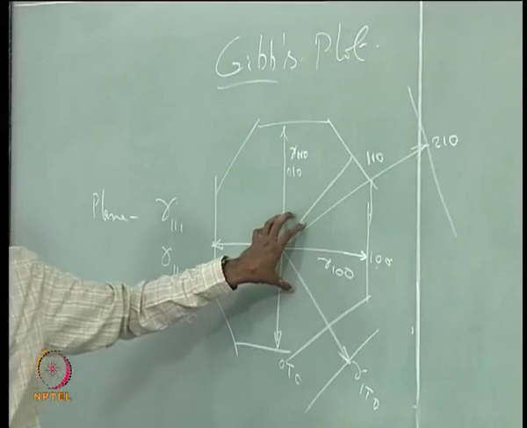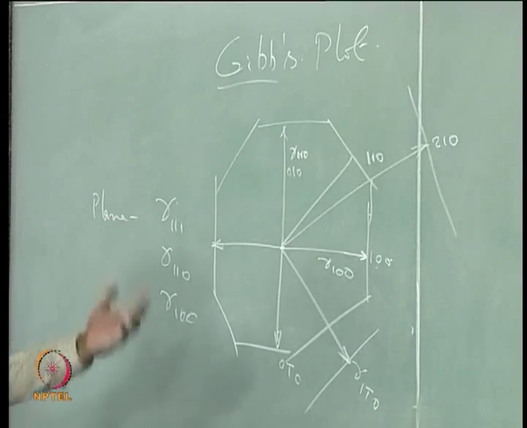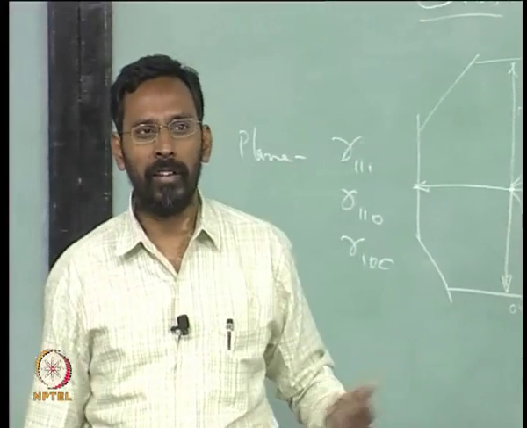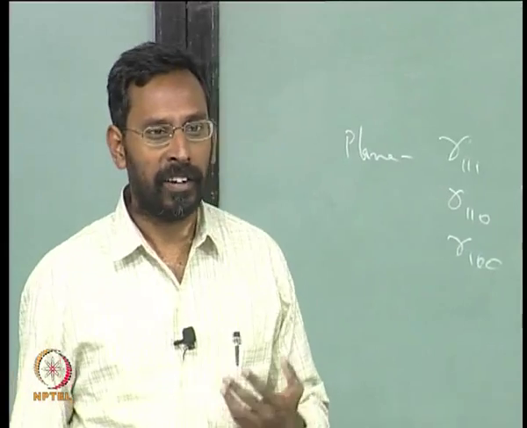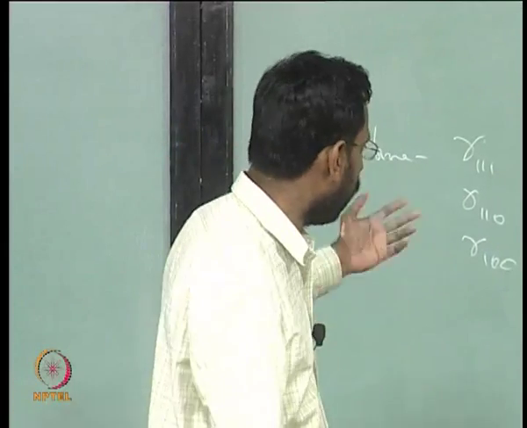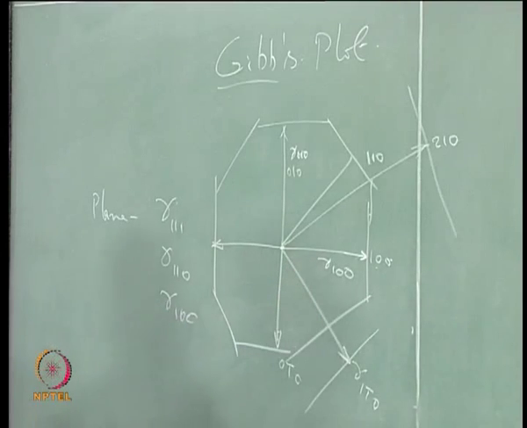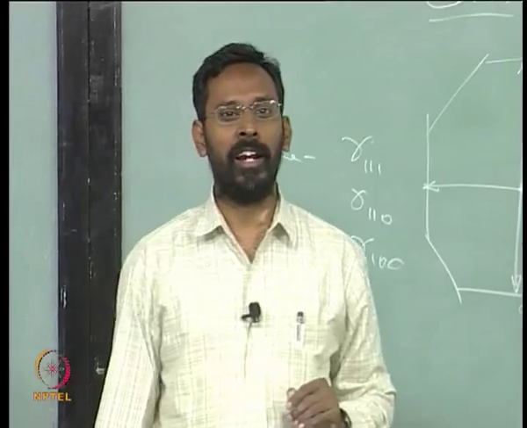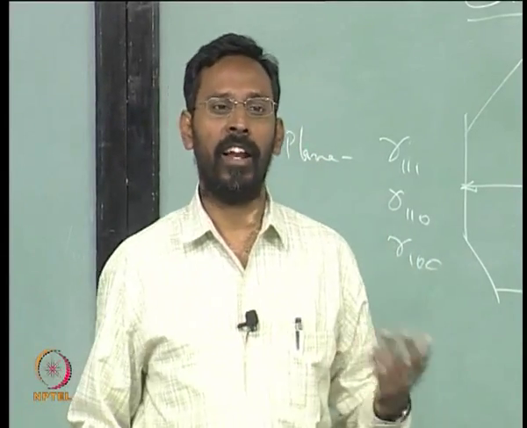This is what is called the Gibbs plot, which has been used to find out the shapes for various structures. People have done this kind of calculation; that is what people talk about as the tetrakaidecahedron, the shape that comes out, and a variety of names are given to such shapes depending on the structure. If I say BCC, I can in principle calculate what it should be, but whether that will remain after it grows is another question.